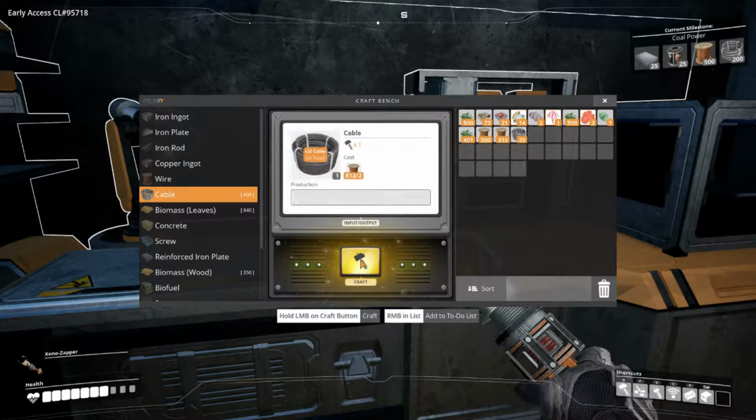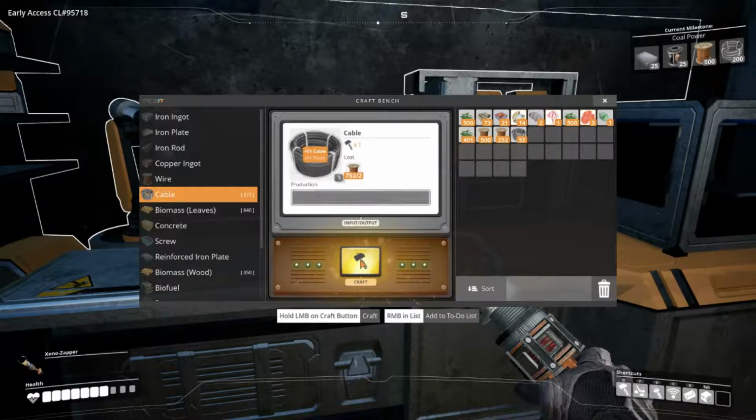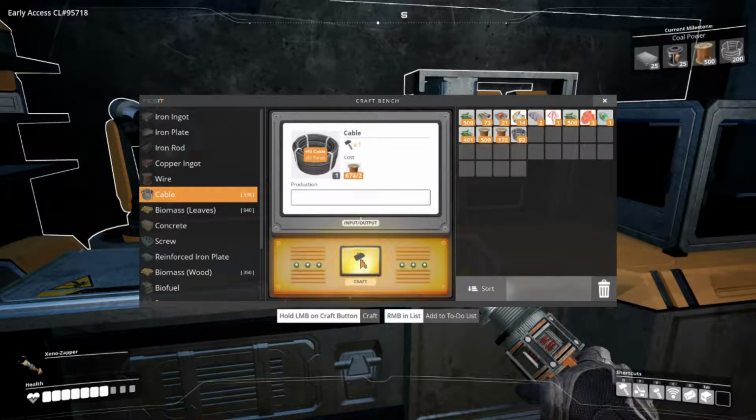It doesn't take long. I really should consider automating this, but I would rather just, for the moment, have the wire and turn it into cables when I need it. It may be worth it to automate them later, but if I do... Oh, I need 200. Okay. Or rather, when I do, I'm sure I will...